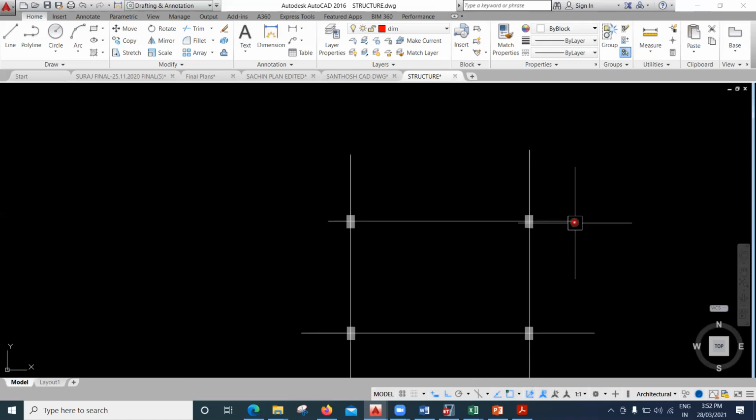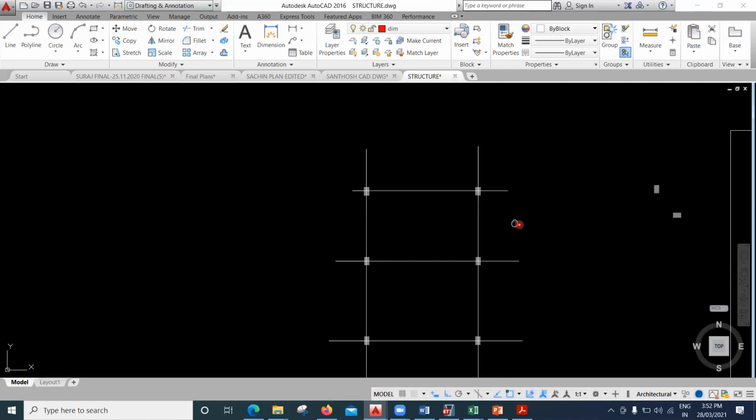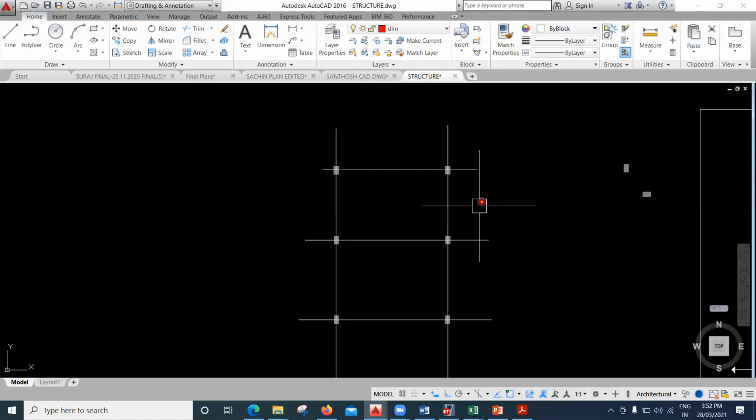Yeah, done. Right now if you want, you have to name the grid lines like we did before. I'll not name with the help of AutoCAD. Let me make use of this cursor pen. Let us say this is my A grid line and this is my B grid line, and here let us say this is grid number 1. Okay, this is grid number 2, and this is grid number 3, right?